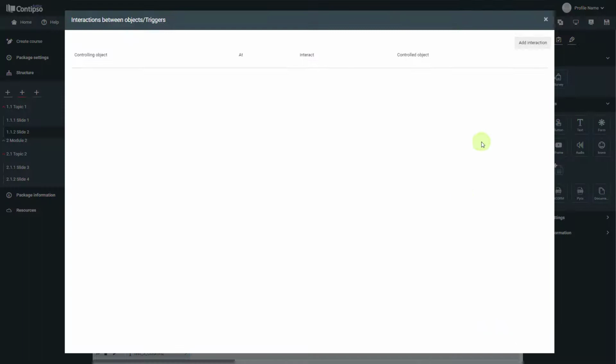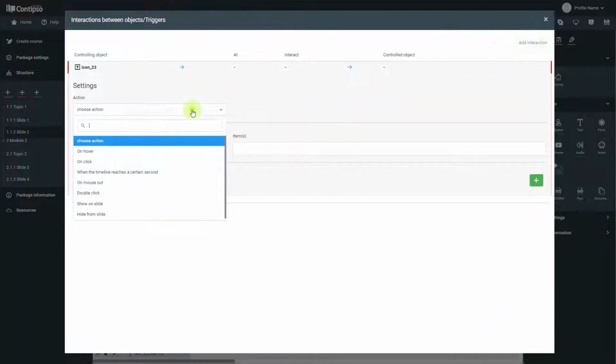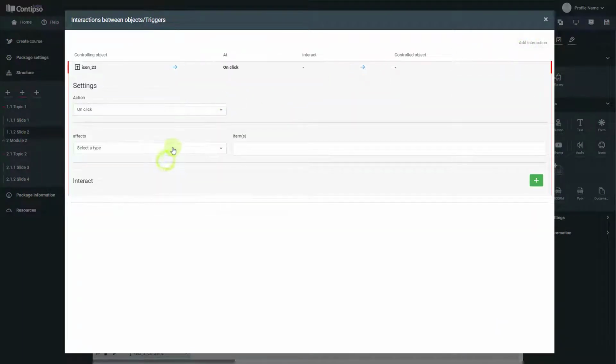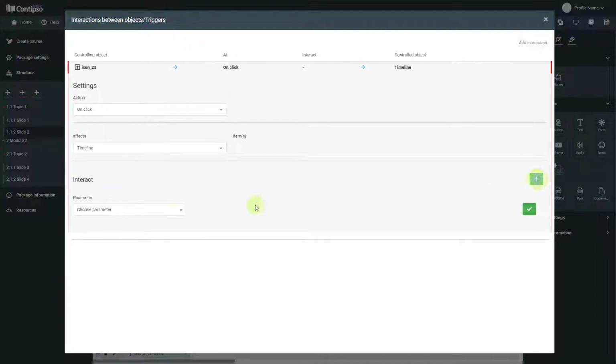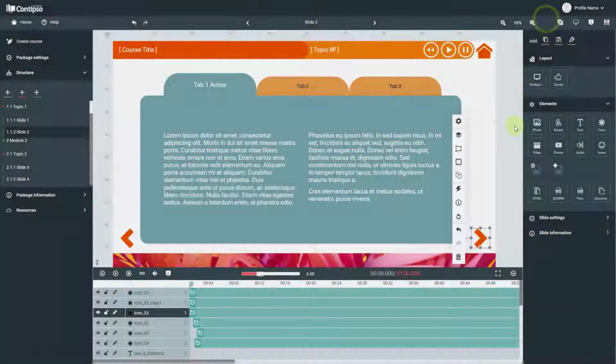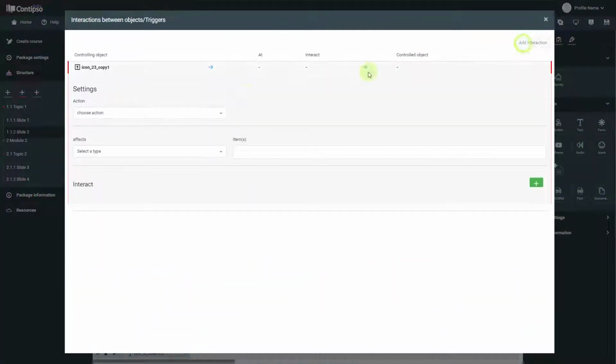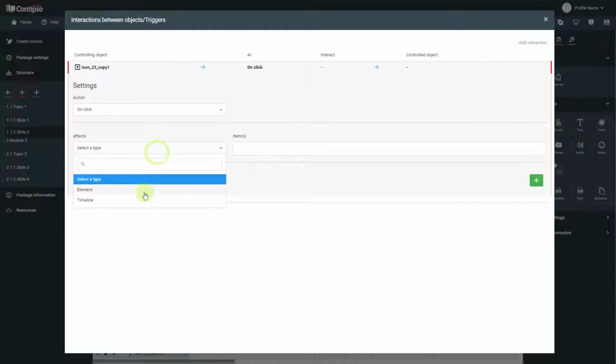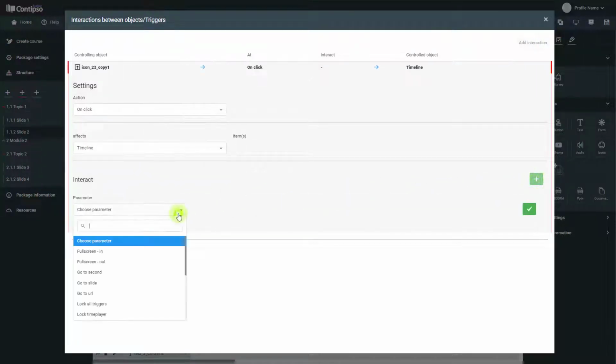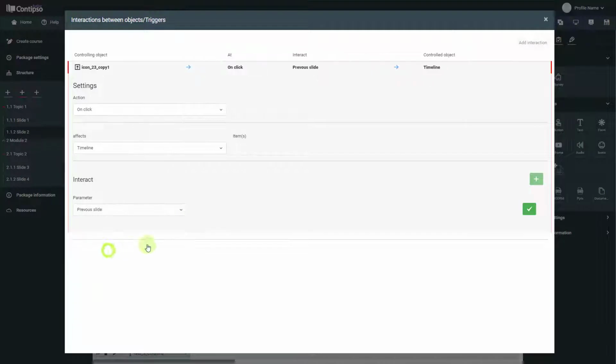Go to the trigger menu for that icon or button that you would like to assign the trigger to. Click on the action on click, choose timeline, and add an interaction parameter to go to next slide. You confirm, you close the window, and do the same for the other arrow, but this time we are not going to choose next slide, but rather previous slide. Here it is, confirm,